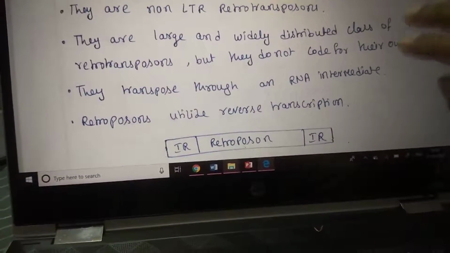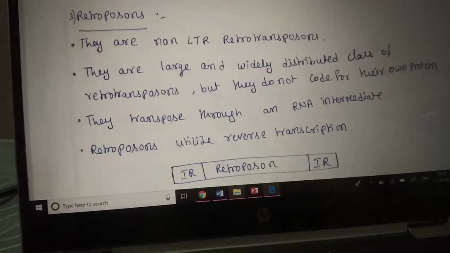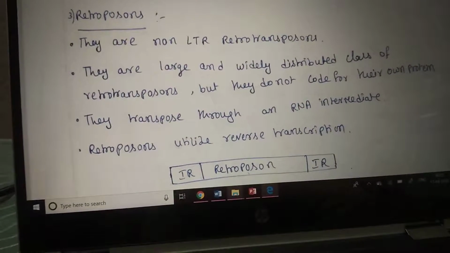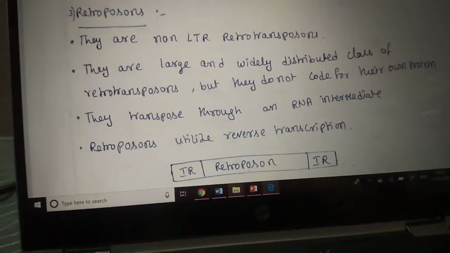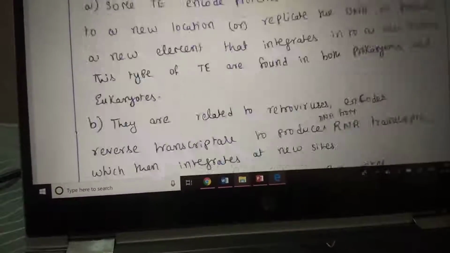That's why it is called non-LTR retrotransposon, and they are also found in eukaryotes, and they are transported through an RNA intermediate.